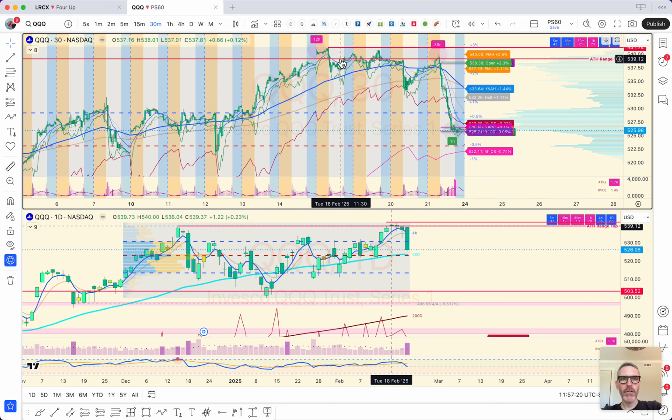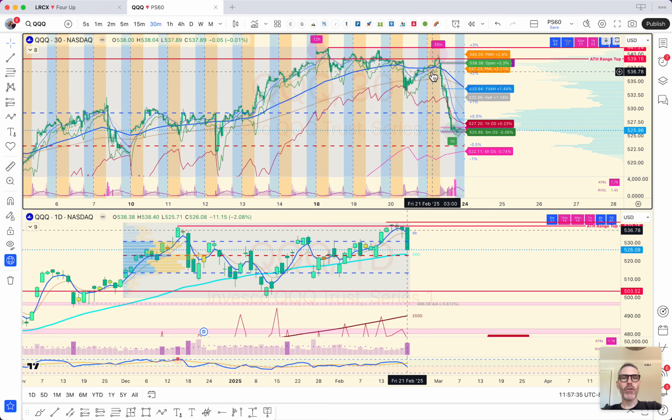And look what it did. It tried, failed, closed up there, wobbled, failed, tried to close above, didn't, closed below it again here, right? Couldn't get up above it here, came down, couldn't, just tried pre-market and again failed at the same spot. You couldn't have picked a better way to say if they can't get above it, look the other way,